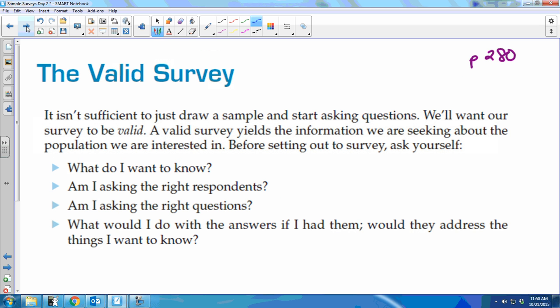Then once you're done with the survey, there's lots of questions you have to ask. What do you want to know? I know, but what do you really want to know with the survey? Because what happens is you write a survey, and then afterwards you're looking at the results, and you're like, I wish I had asked this to go along with these questions. You know what information you're intending to get out of people. Okay? Afterwards, you're like, man, I wish I knew if these were juniors or seniors, the junior group and the senior group. You can't ask afterwards. So make sure you know what information you actually want. Am I asking the right respondent? If you want to know about AP classes, you're not going to ask